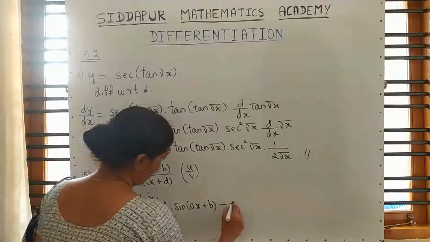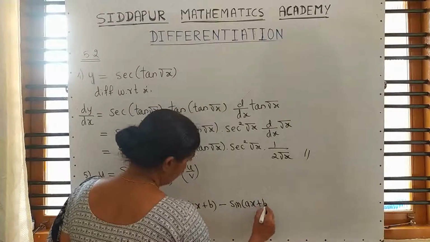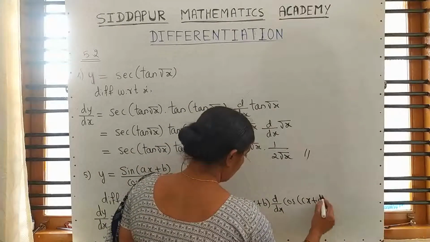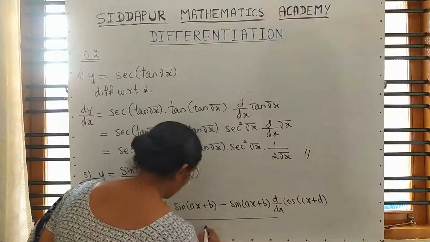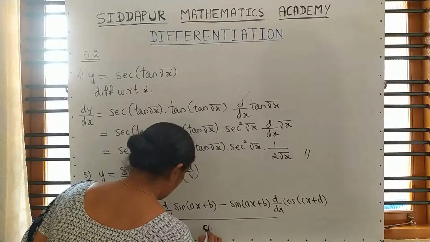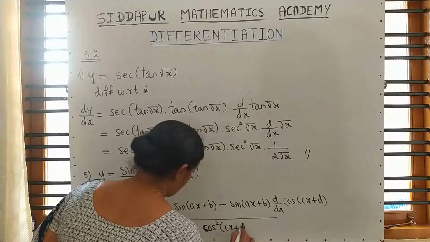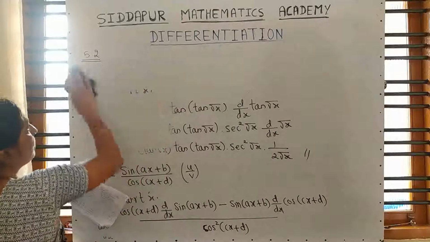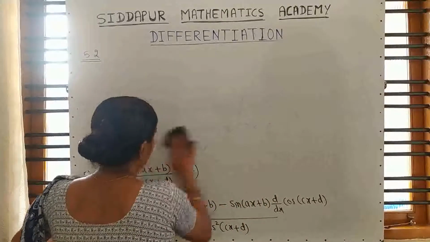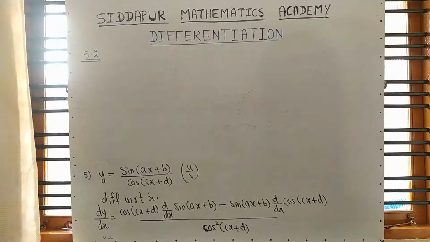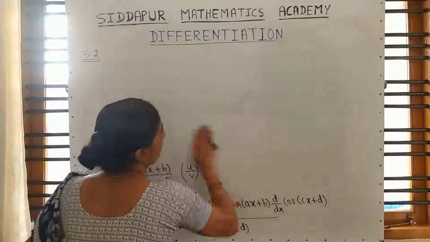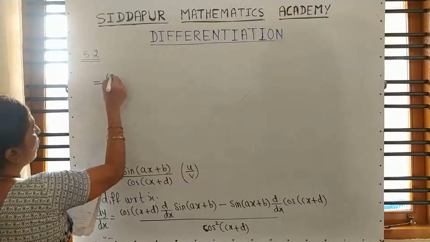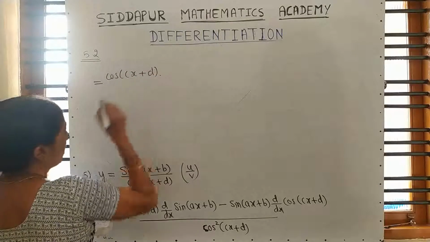In the quotient rule, the middle sign is minus. So before differentiation, cos of cx plus d as it is,